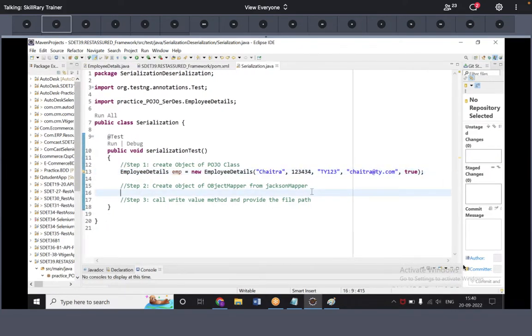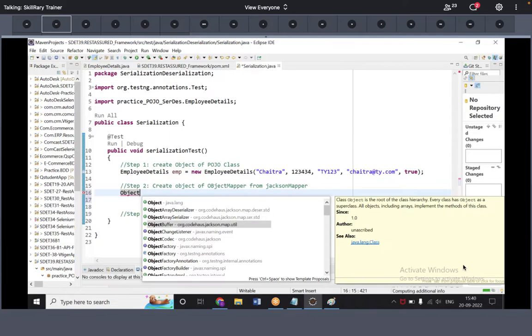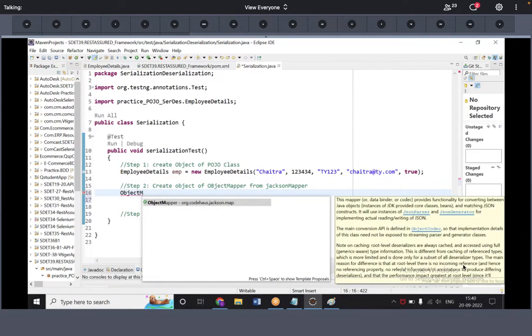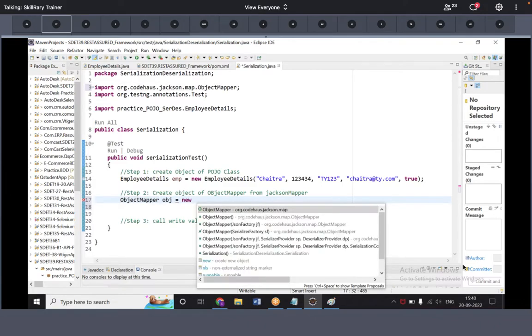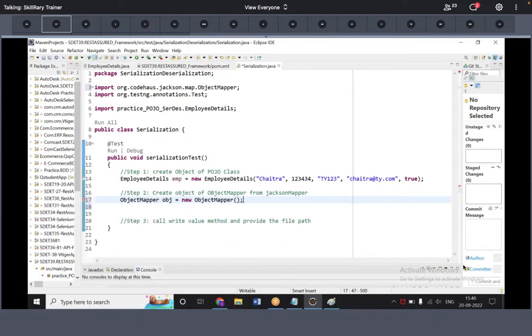So next what I have to do is I need to create an object of object mapper class. Observe, object mapper is a class present in your Jackson mapper dependency. Just create an object of it. Obj is equal to new of object mapper. Choose a non-argumented constructor. Create an object of it. So observe here,